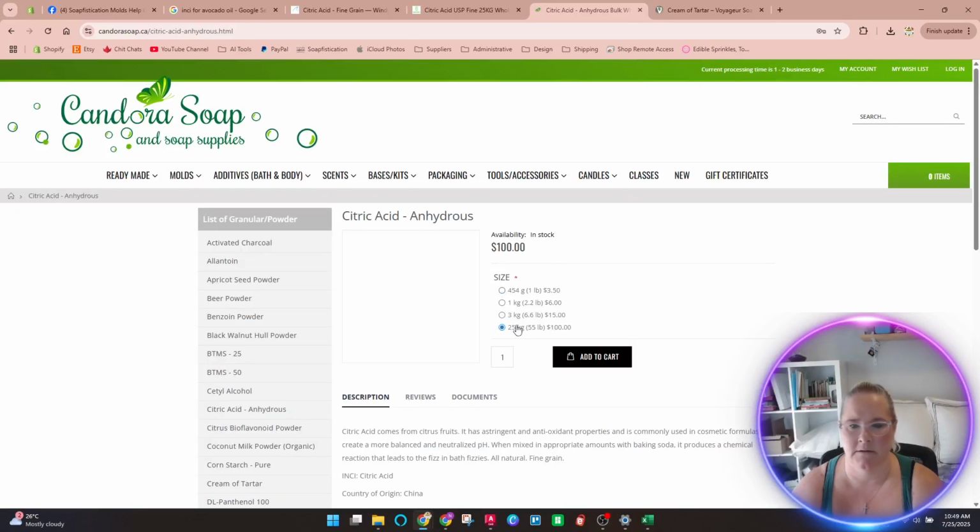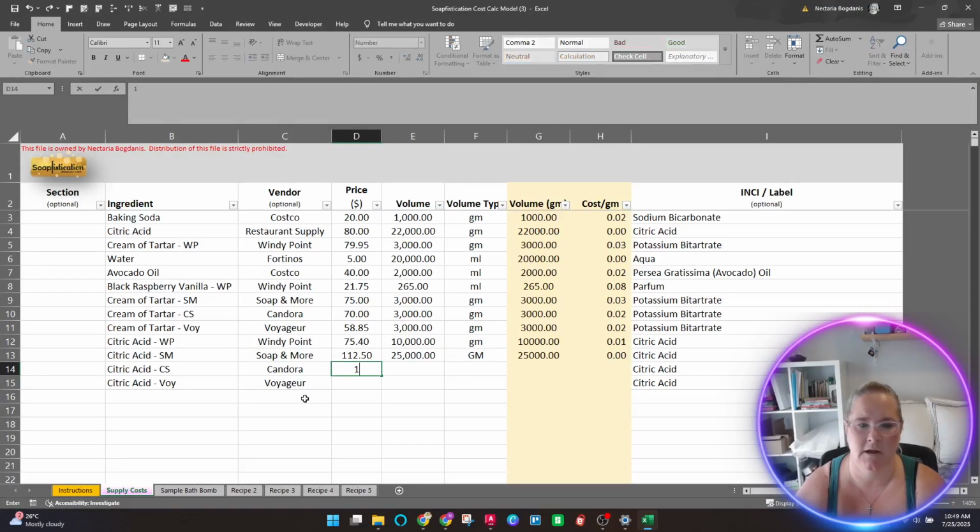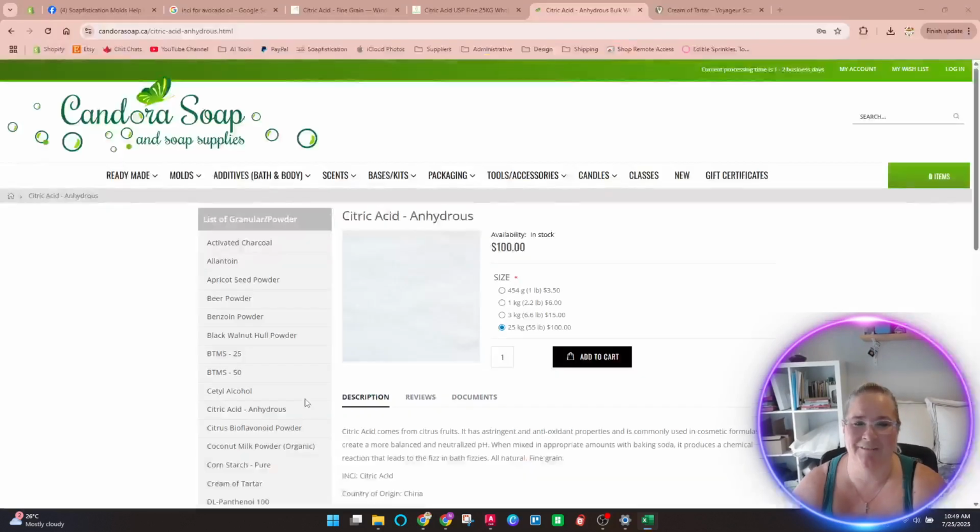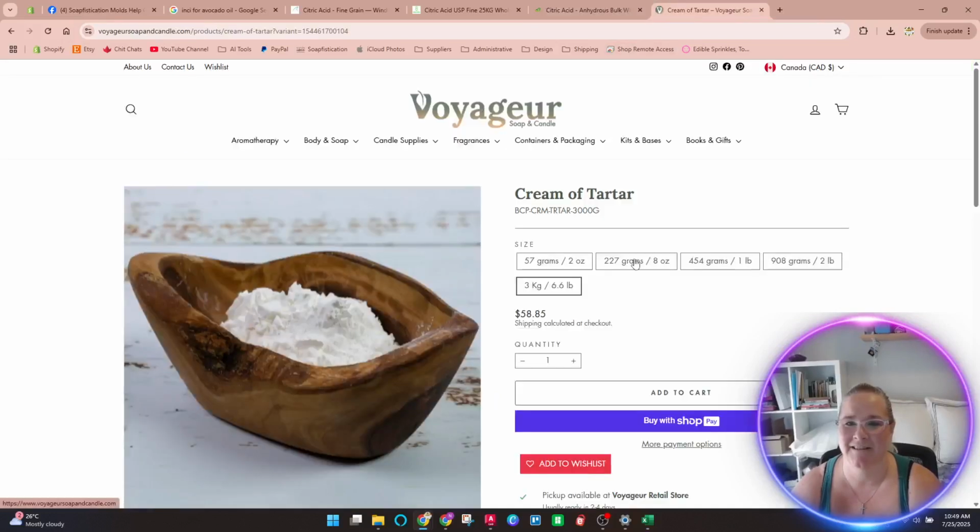And let's do 25 kilos again for $100. $100 for 25 kilos. I hate seeing that GM in caps, it's bugging me. And then Voyager, citric.